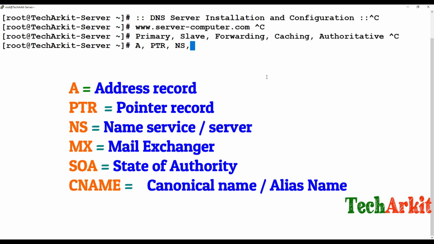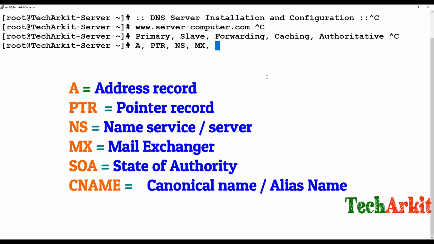What is this name service? It refers to the DNS record. Whenever you send a request, it should reach that NS server, the name server, and then it will send you the reply back. The MX record, which has high authority, means mail exchanger. Whenever you use any mail domains, for example an address at gmail.com or yahoo.com, this MX record plays a major role in routing your domain email address to the appropriate domains